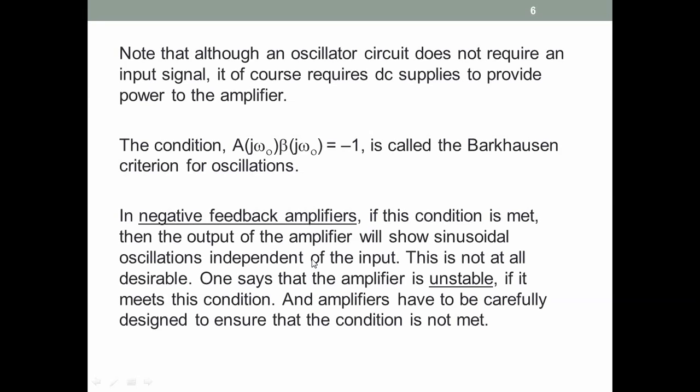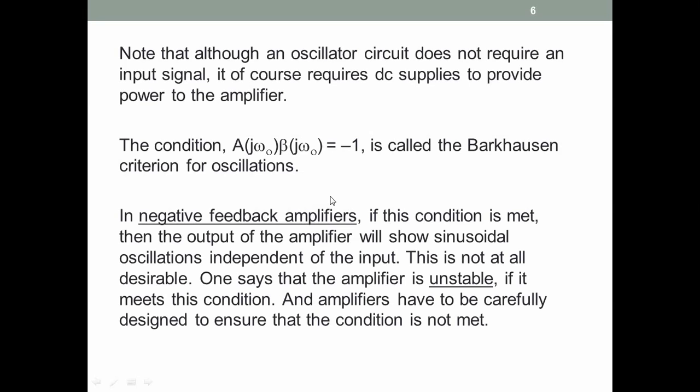So whether there is an input or not, the output will be a sinusoidal signal at frequency ω0. For an amplifier, we definitely do not want this to happen,